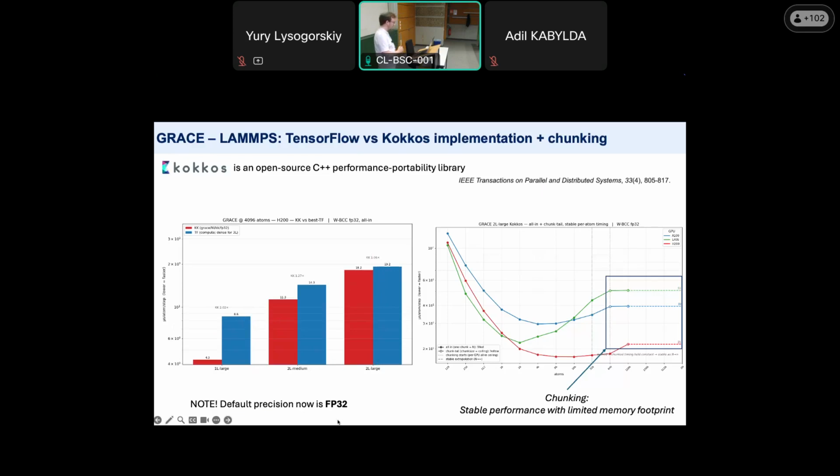Also, I have to mention that now we switch the default precision to FP32, so single precision, because we also realized that we do not lose a lot, even in the metrics, once we do it, contrary to the FP64 originally. On this right plot, you may see the number of atoms versus the computational time,